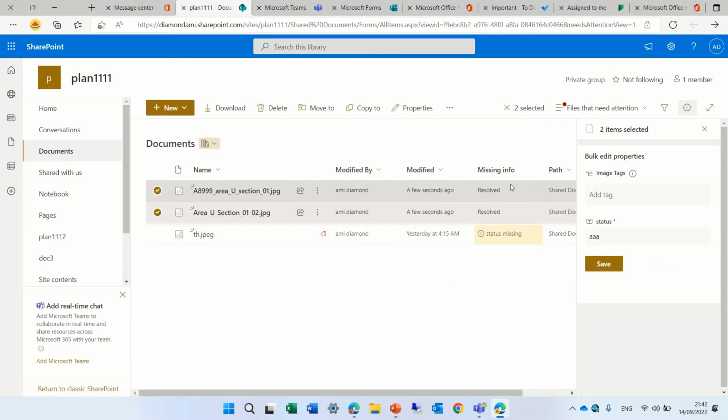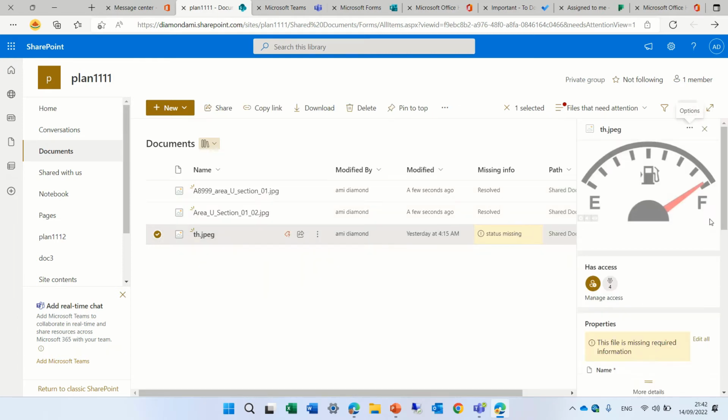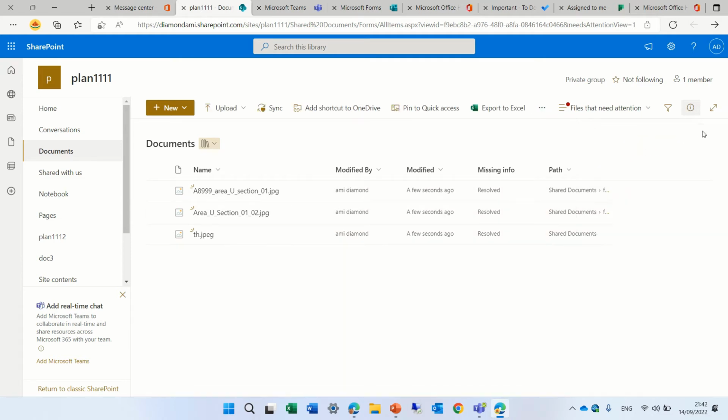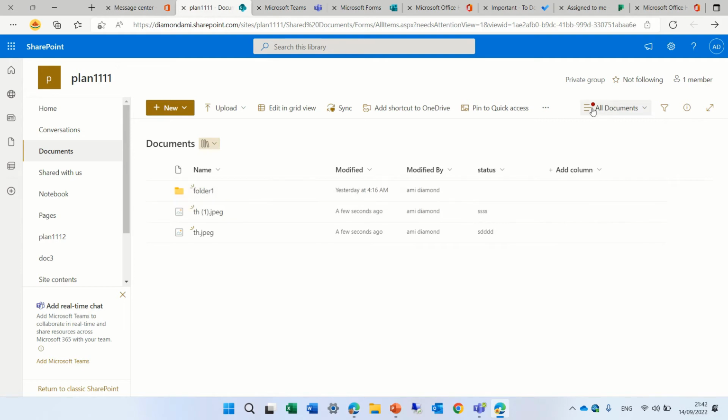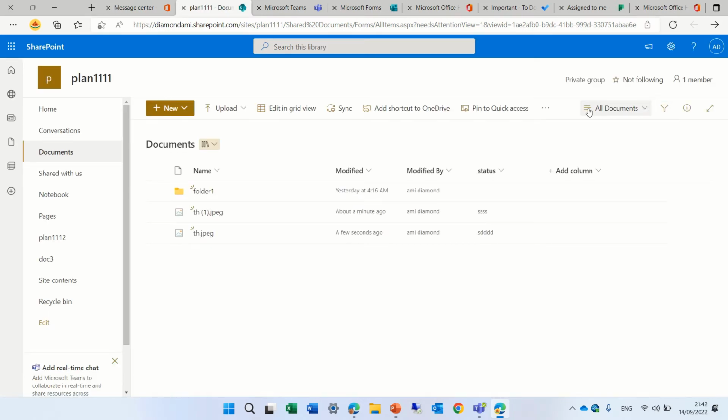You see the missing info is updated to resolved, and if I click this I can also update with more information, and this status is resolved. And actually, you see, if I go to any view, this should disappear eventually. Let's just refresh. You see this red dot has disappeared, and actually